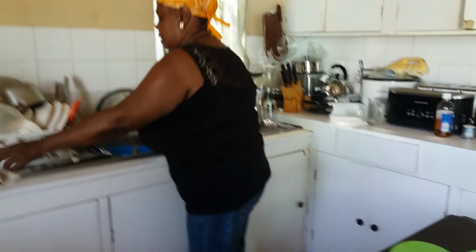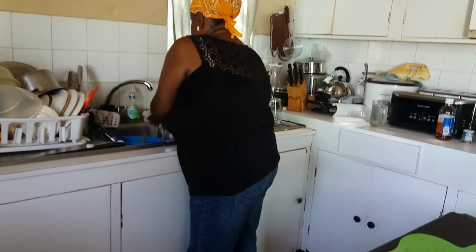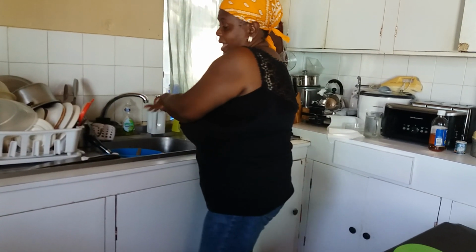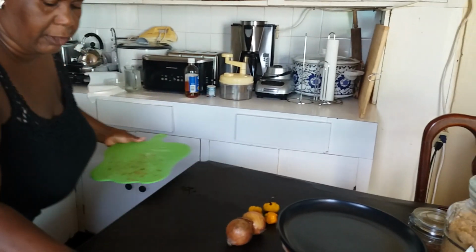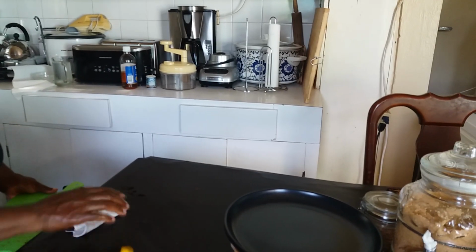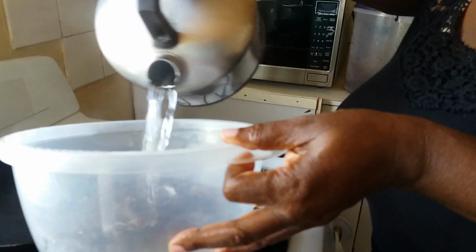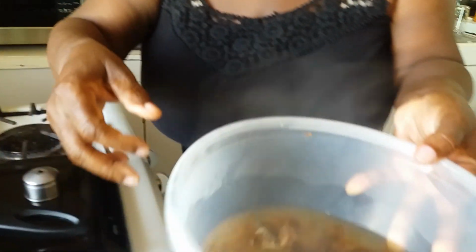Okay. Now we're gonna do a little cleaning up. We have to do a little cleaning up because it's a bit messy. And it's sort of smelly. Like when I say smelly, not stink. It is like raw, so you have to clean up your work area, and it has a whole lot of salt coming off it. So we got to do all of this little thing, nothing much. Now that we have done all of this, we got to get some boiling water. It's salty, so you got to pour a reasonable amount over it, okay? And you're gonna let it stay there a little time. Now, while that is going on there,